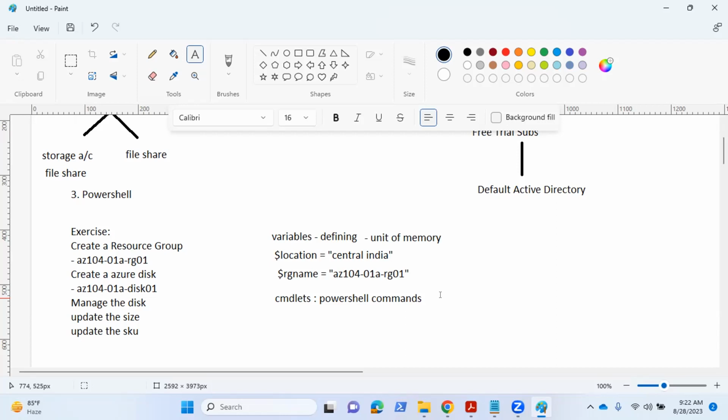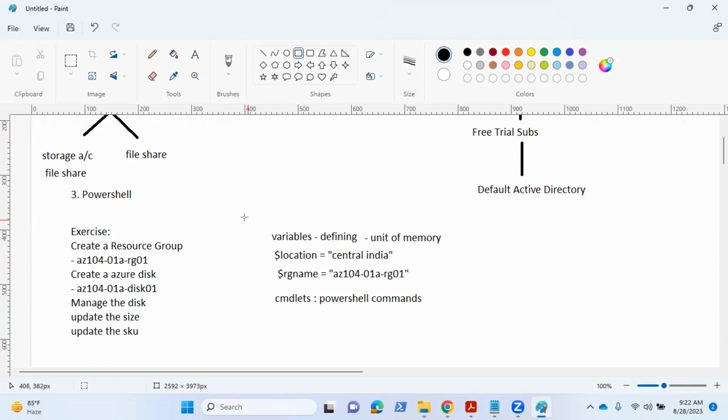We have all those commands with us. And these are variables and commands. A variable is totally defined by you, but commands are given by PowerShell. They have defined the commands in the PowerShell system. So all these things